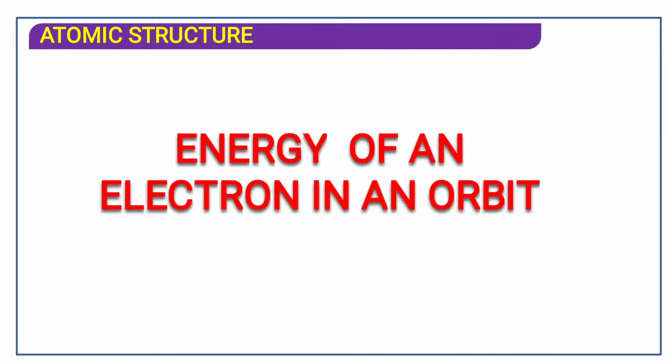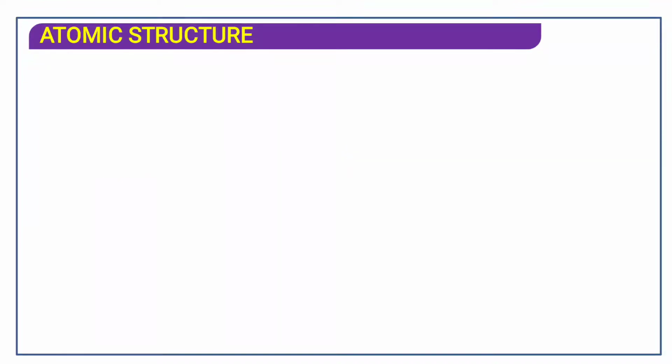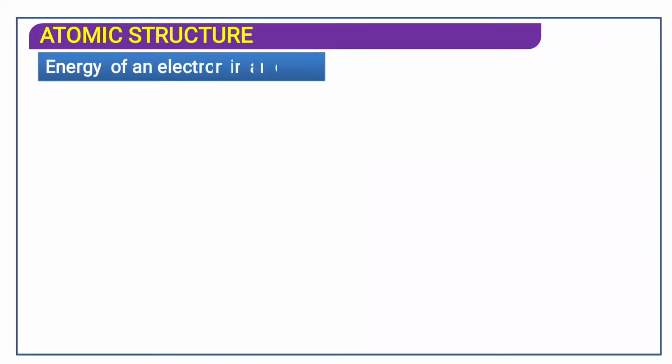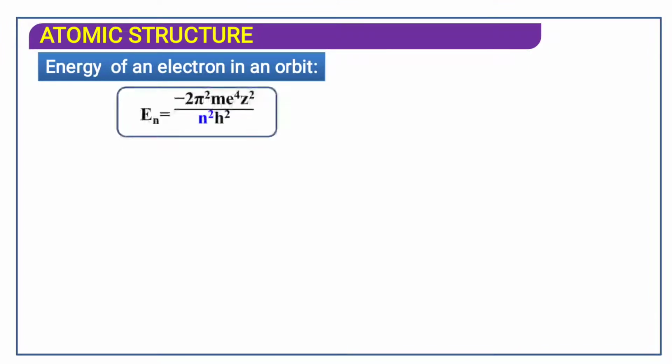Energy of electron in an orbit. Now this derivation is there in physics, not in our chemistry syllabus, neither in our new syllabus textbook nor in the old syllabus textbook. The derivation has not been given in chemistry. This directly we have to study in the 12th standard. That is, the energy of the electron in the Bohr's orbit is inversely proportional to the square of the principal quantum number, that is n square. This we will study in the 12th standard, in the physics structure of atom. As of now, directly we will go ahead.